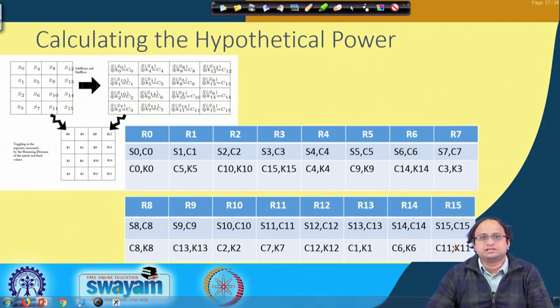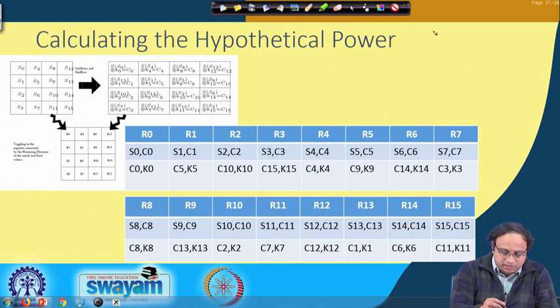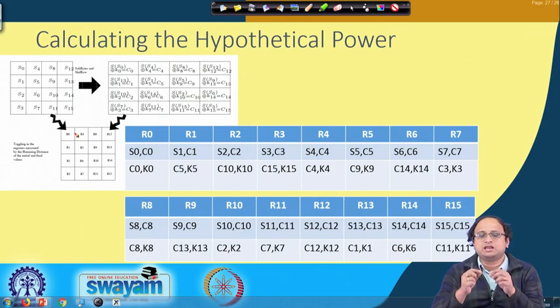The next thing we will see is how we calculate the hypothetical power. It is quite straightforward but a little tricky because of the AES shift rows. Let us observe how it works. When you are applying the Hamming distance power model, you need to observe that this is the corresponding register where you are storing the input of the 10th round and also the output of the 10th round. So for any register, if you want to calculate the hypothetical power because of that register, you have to find out the content before and after and take the Hamming distance between them.